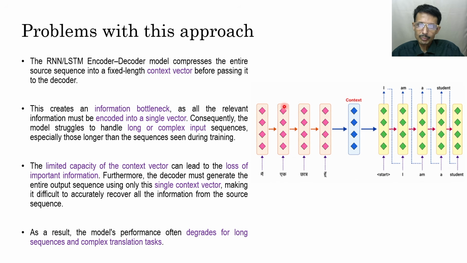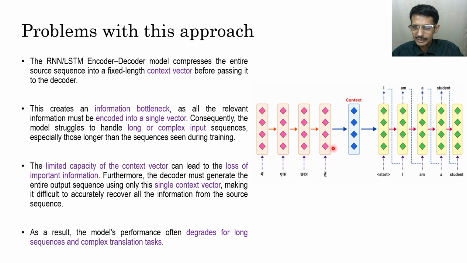So this is one of the basic problems of this kind of approach. The limited capacity of the context vector can lead to a loss of important information. Since it's a very compressed representation, it may lose some important information. Furthermore, the decoder must generate the entire output sequence using only this single context vector, because on the decoder side,